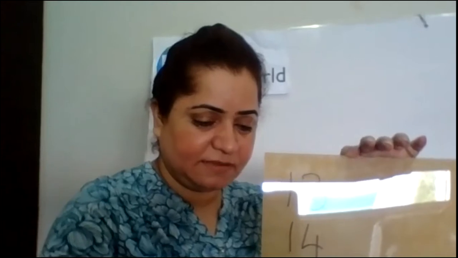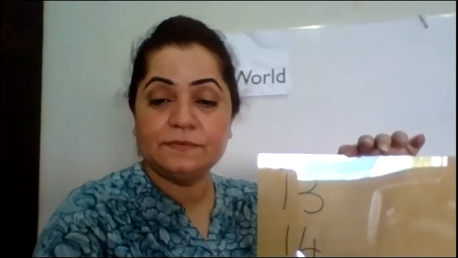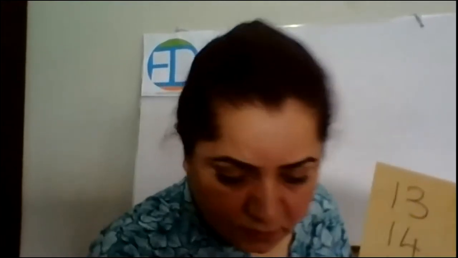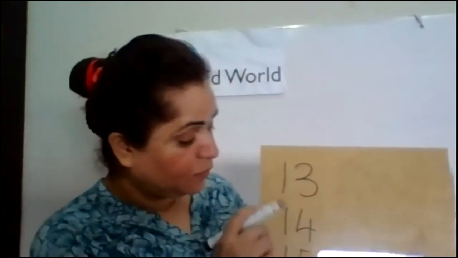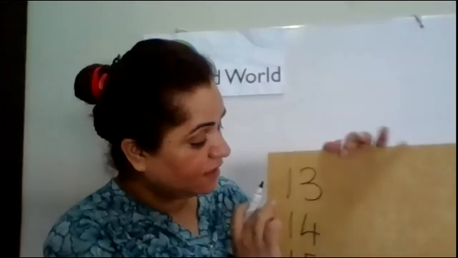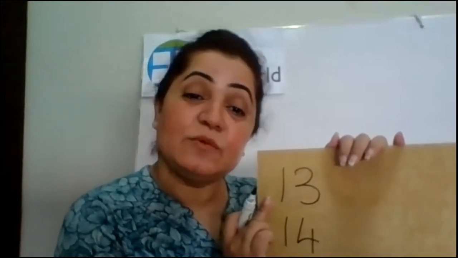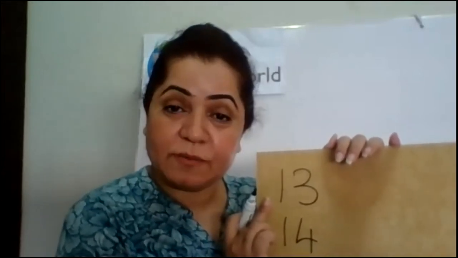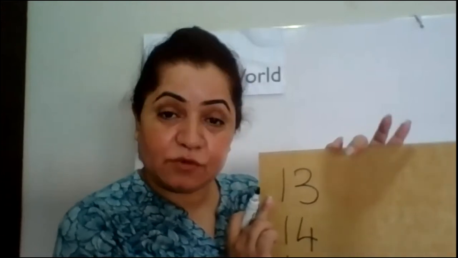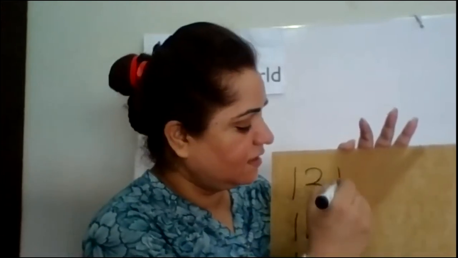Okay, now we are going to write something over here. I'm just going to show you. Right, so these are the teen numbers, and now I'm going to write something which we are going to see. So 13, right? We did the spellings, the numbers in words before, if you remember, right? So for 13, we're going to write the spelling.